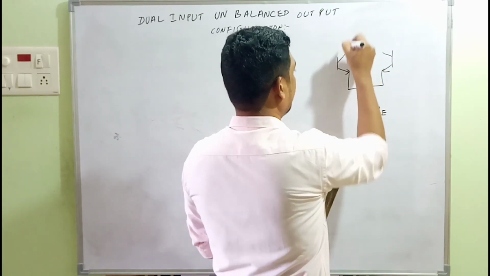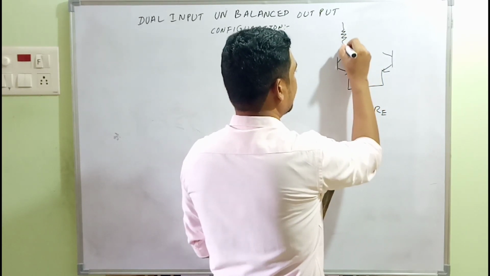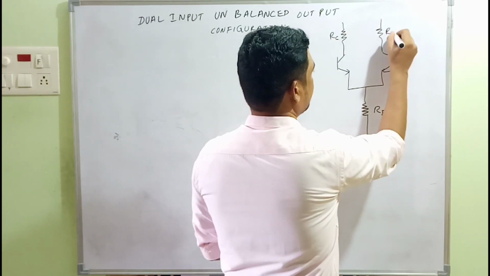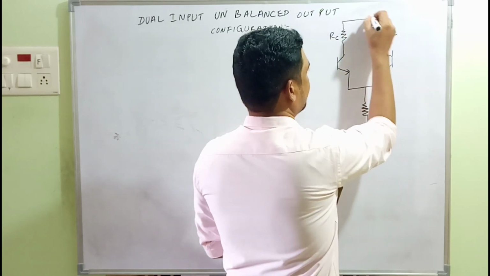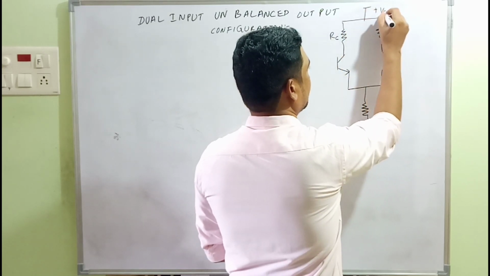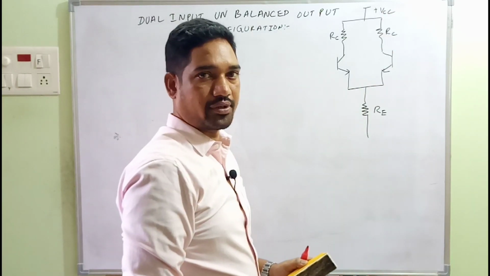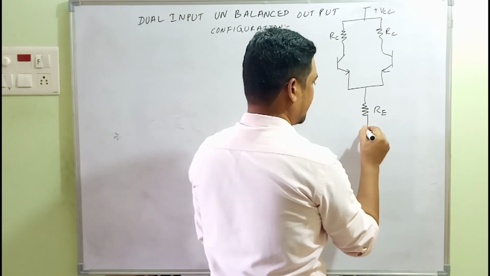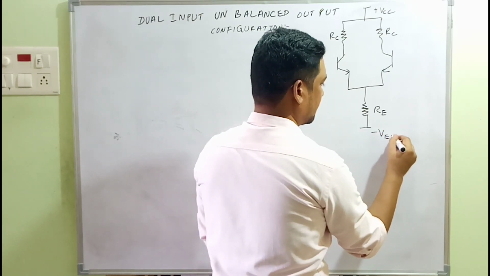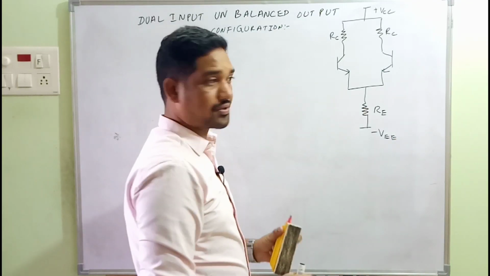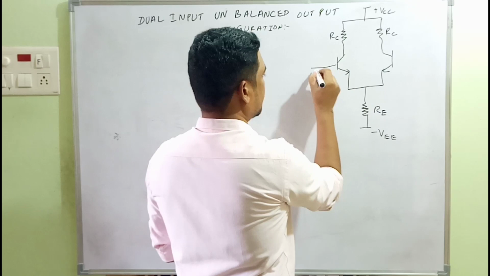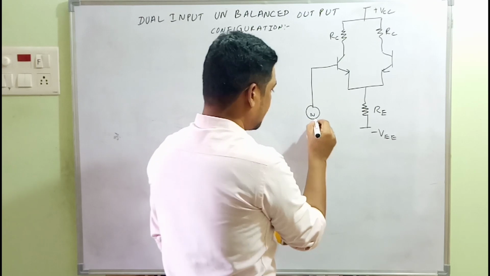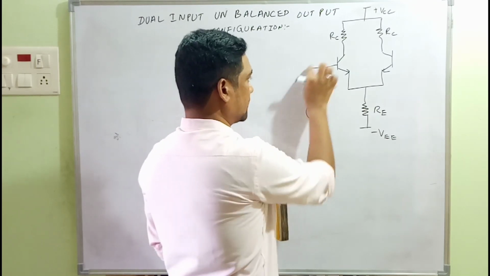On the other hand, the collector load resistance RC, and here we have another RC of the same value, connected to plus VCC over there. And on this side we have minus VEE. We need to have some source, right? Here we have an input source connected to the base. It's an AC source, and one half is grounded, another connected to the base